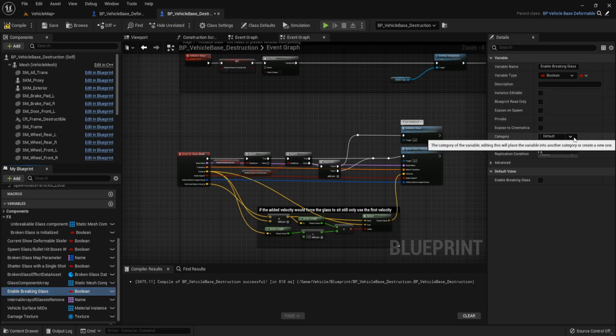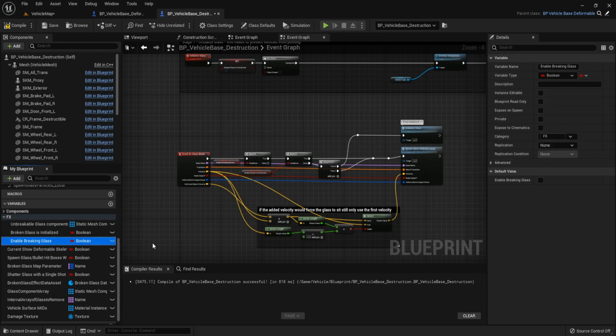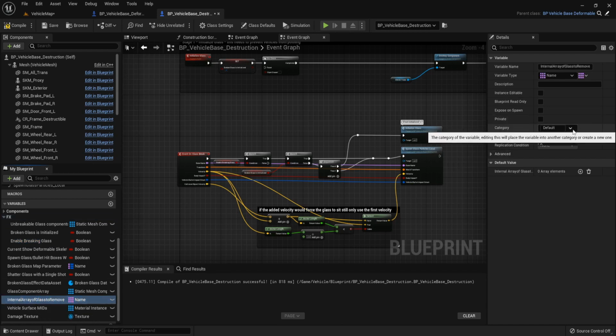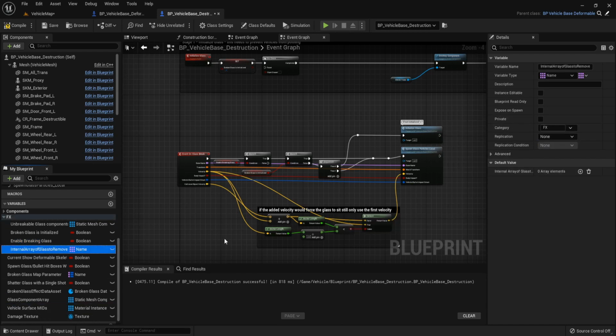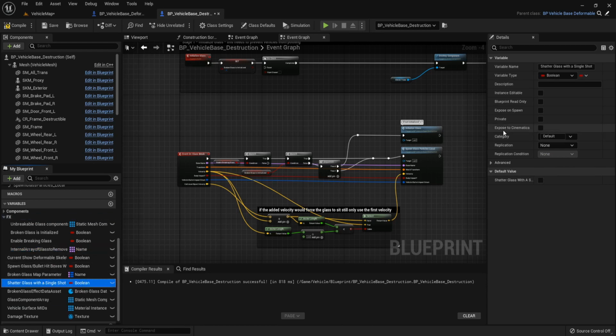Enable broken glass, FX. Initial array of glass to remove, FX. Shatter glass with a single shot, FX.